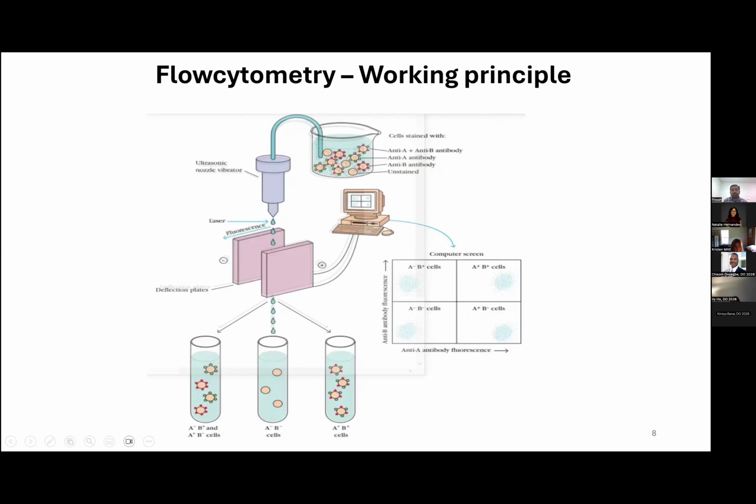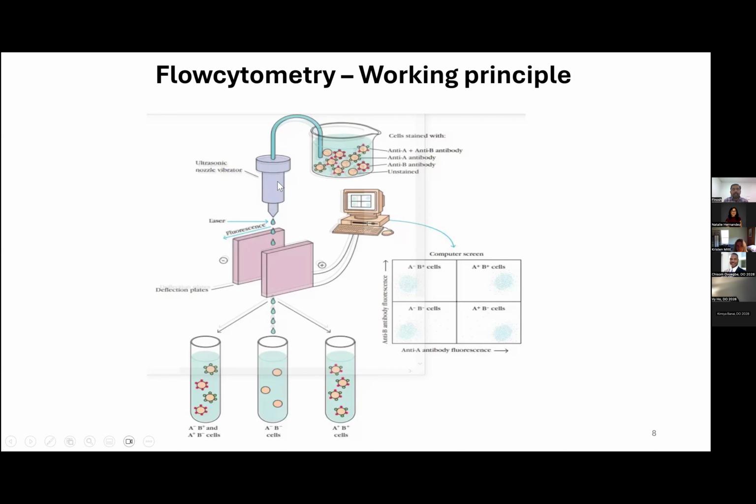When we look into the working principle, how does it work? As we mentioned, three major components: optics, electronics, as well as the detector. So when you look into the overall arrangement of a flow cytometer, you can see a chamber where we can give cells. You can see a beaker with different types of cells tagged with different antibodies. We have a type of cells with antibody A and B. We have another set of cells with only one antibody, another one with a different antibody, and we have unstained cells. So what the machine does when we start the program, it aspirates the cells,